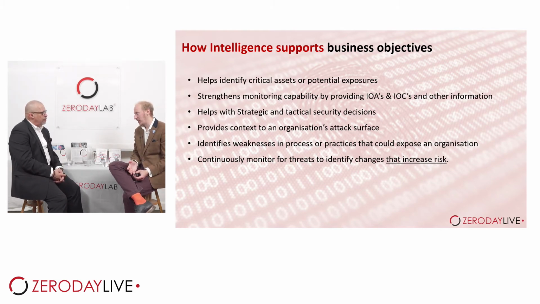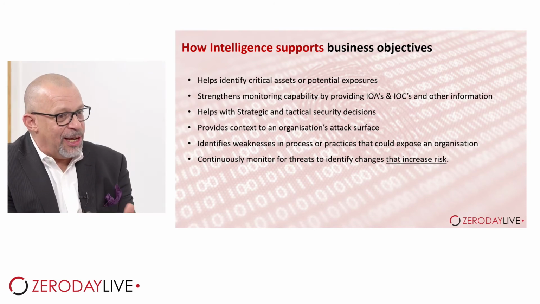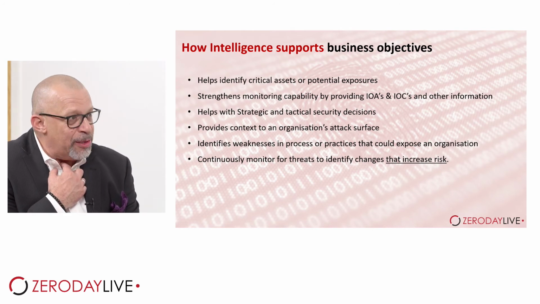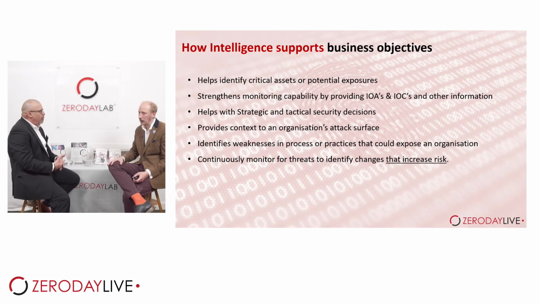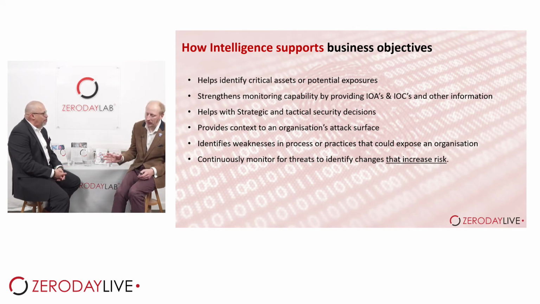Tactical intelligence is, as we said, in the weeds. This is stuff we need to be monitoring. Things we can understand where the attack is likely to come from and the defences we need to put in place. But I do think the strategic side is very important because we can help by putting together a business case, for example, for getting an outsourced SOC in place, because the risks of not having it there, if the business was compromised, far outweigh the cost of putting a SOC in place.